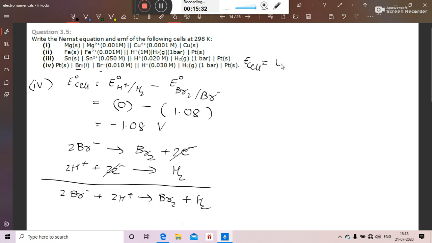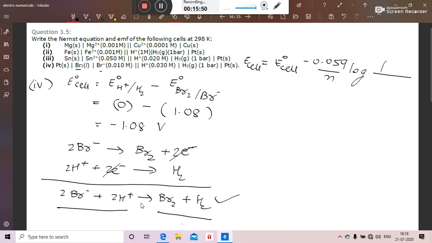arrow Br2 plus H2. Now for this reaction, E cell will be equal to E naught cell minus 0.059 upon n log of concentration on the right hand side. Now in the final balanced equation, there is a cation on the right hand side, so it will be 1. And on the left hand side, we have cation as well as anion. So we will take Br minus, and it is 2 times, so we will write 2 in the power of concentration into, then concentration of H plus ion,